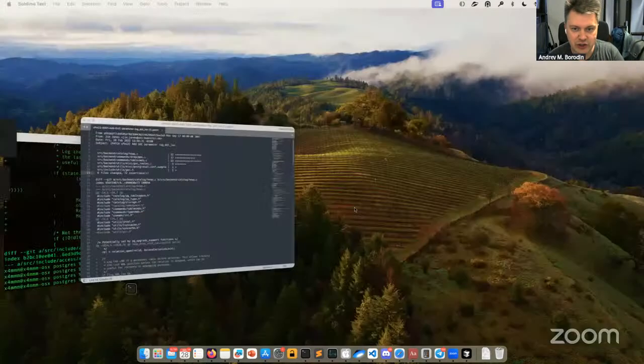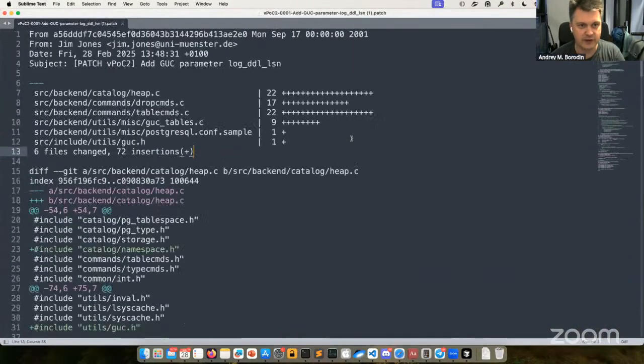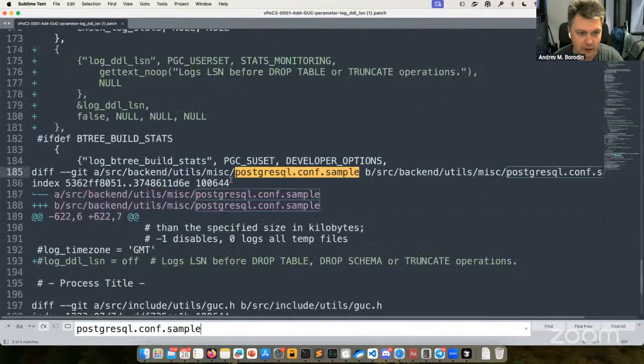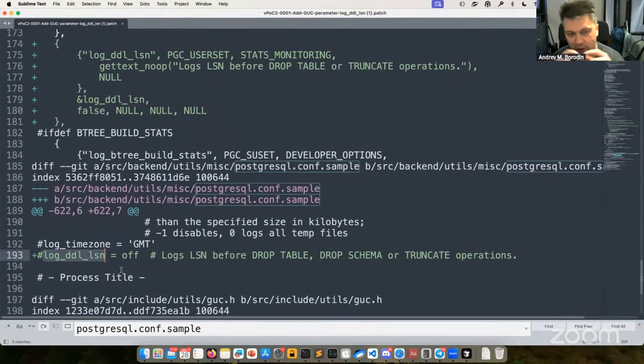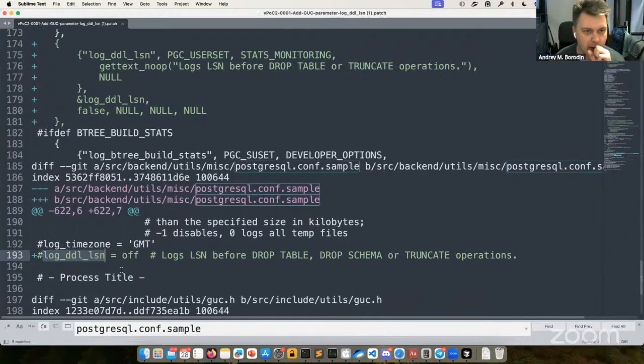And that's the technical way that is done correctly by us. Here is a patch by Jim Jones, from February. And he paid more attention to details. What kind of attention? First, he proposed to have a GUC, actually add the config log DDL LSN. Nice. And that's a design decision that looks good to me. I think we should adopt it.